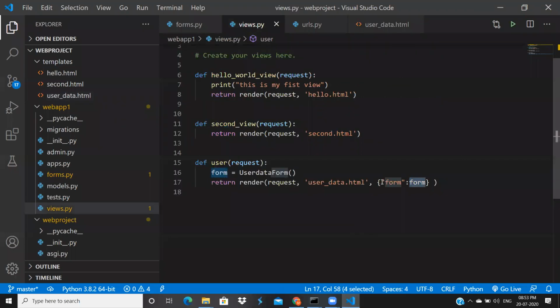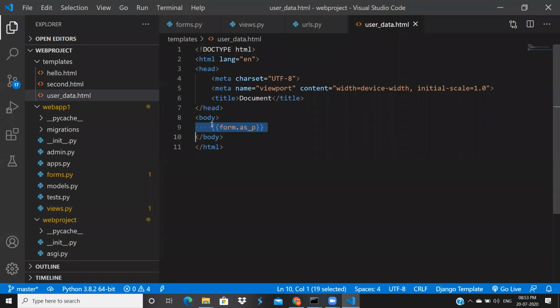In my view, inside this dictionary, I kept form as a key, and I'm passing form as a value. In the template, I'm using this form as a variable. I will define two open curly brackets and two close curly brackets, and inside this I will keep the form variable. Then this Jinja2 template will convert into HTML code, and it will create a form like this.